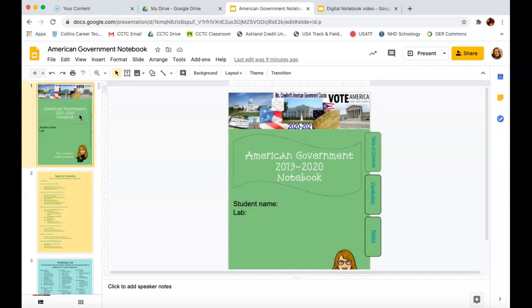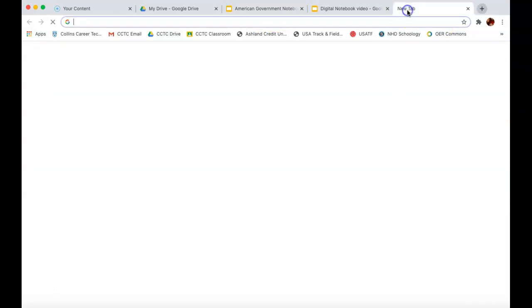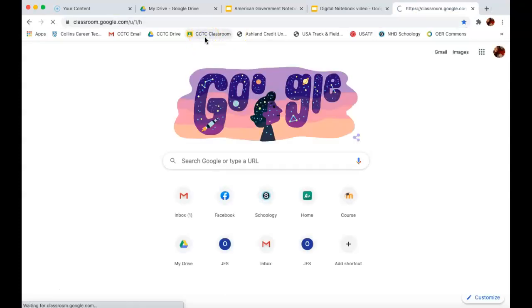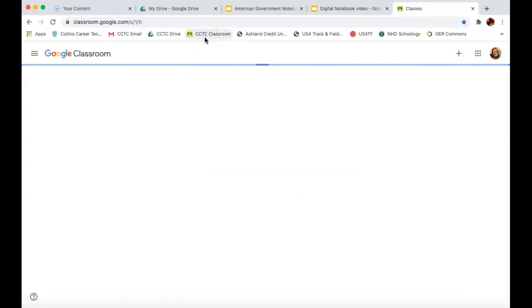But having a digital notebook takes away that binder that a lot of us probably grew up or have been teaching with, where it's got the dividers and it's got the papers and all of that stuff. And so this alleviates a lot of that problem, keeps it all in one place. When you assign it in Google Classroom, you can make a copy for every student, and I can show you what that looks like. So if I go into my Google Classroom and I want to assign my digital notebook